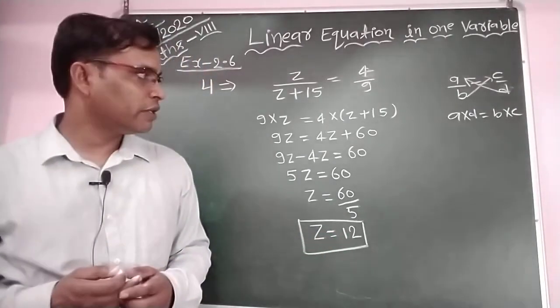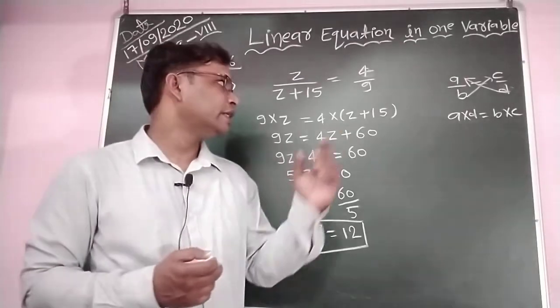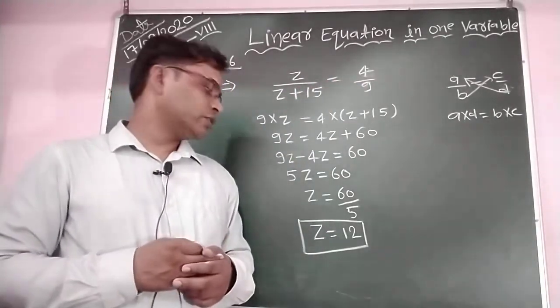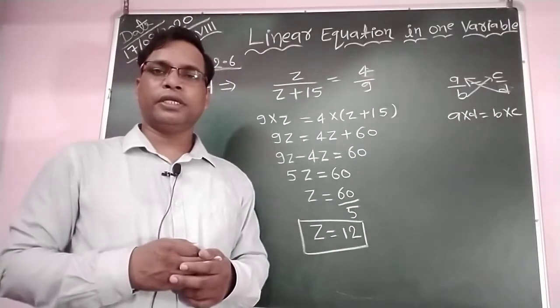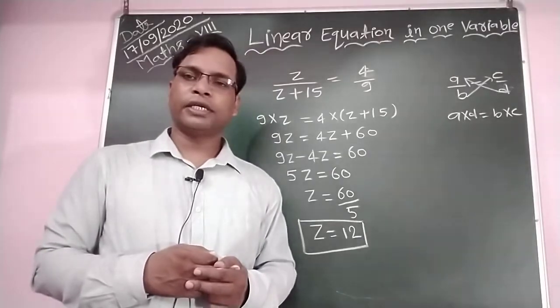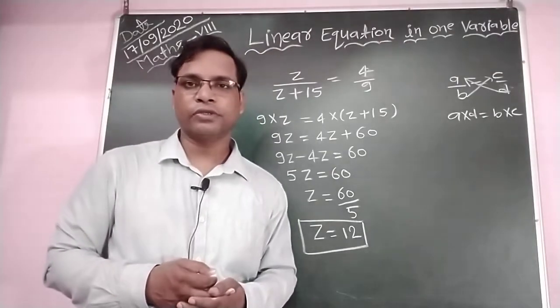Okay, if you have any doubt about your answer, you can take left hand side and the right hand side and put the value of z equal to 12. If left hand side and right hand side both are equal, then you can say this is the correct answer. This is the correct solution of the given equation. Okay, now